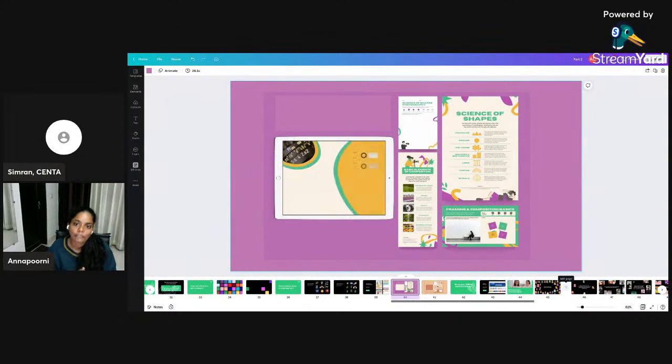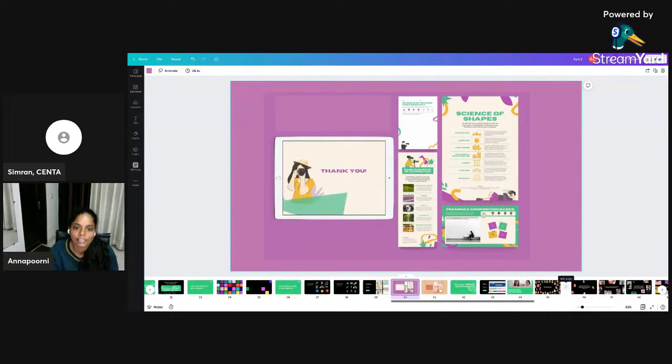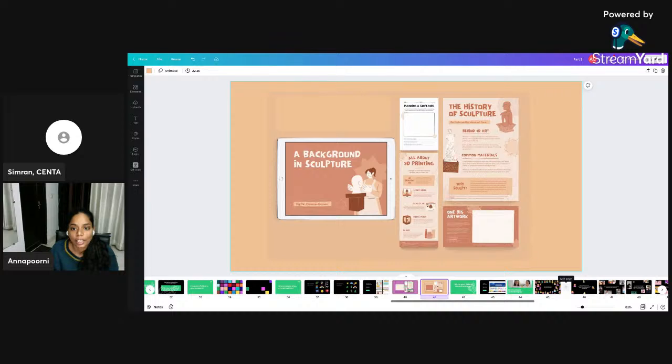So, for example, I've had teachers who've said, for shapes, I use this color and this presentation template, and I just use that. So even my students know that when they see pink, orange, and green, it's usually my math class. So it helps them communicate their ideas a little bit better. Or when I use history, I only use brown or I only use beige, which helps my students know before I start talking that this is history class.